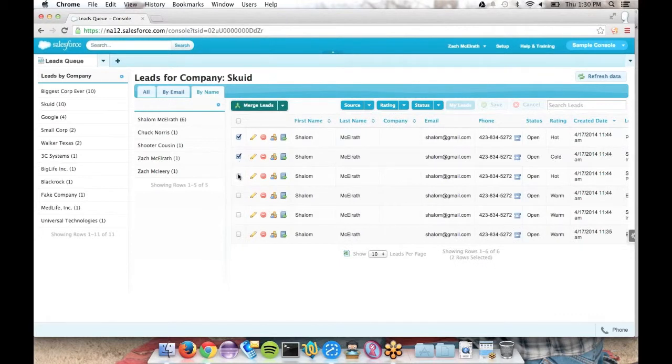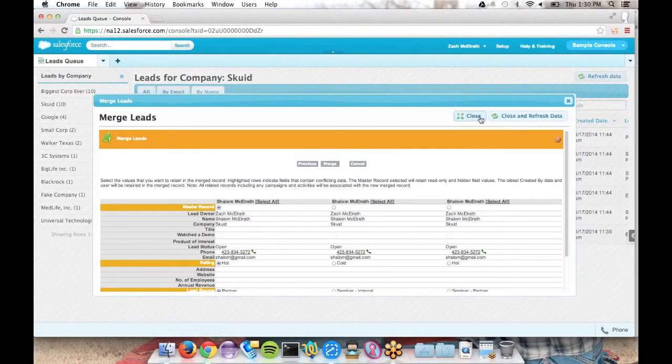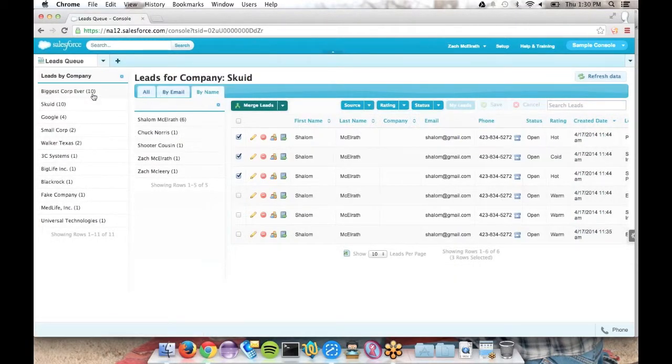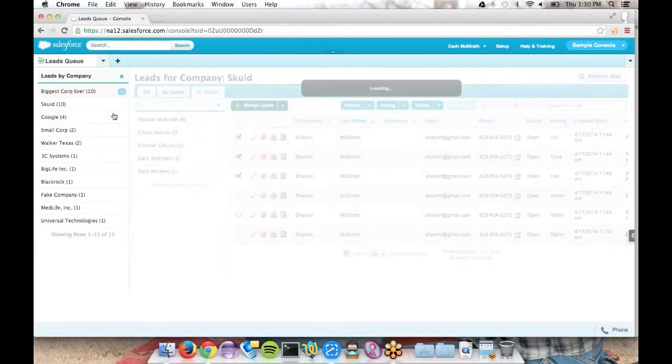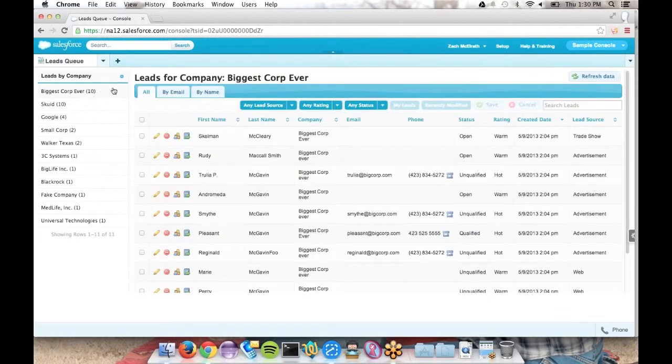Now, Salesforce only lets you merge 3 at a time, but I was just creating these so I didn't have to make any more leads. But you can go through and do this in mass, roll through your different companies. And if you have a custom app for prioritizing your leads, you might have a specific score like Pardot or HubSpot that you might want to prioritize them by. With the queue, we don't have any color coding here, but you can define what this queue tag card looks like, and you could have it colored by a certain threshold, have breakpoints that say it's green or orange or something that prioritizes it.